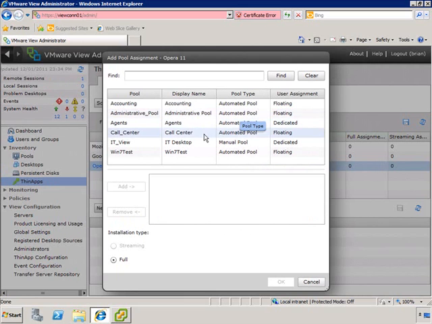And we'll add it to the call center pool by selecting call center and then clicking add. You can see in the installation type that we have choices of streaming and full. Currently, streaming is disabled. There are 2 things that need to occur that we haven't set up to allow streaming